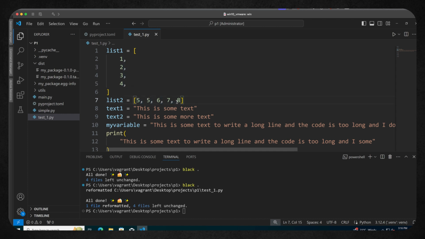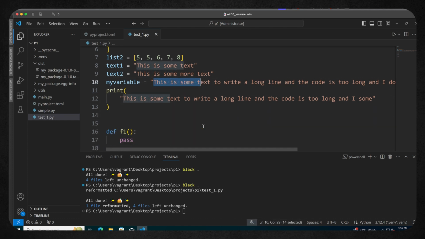Whereas list 2 didn't have the comma at the end, so it was maintained on one line. You can see our text now is organised with double quotes. There's nothing it could do about this long line assigned to the variable because it was just a single line of text, whereas where we included the line within the print statement, there was some adjustment that it could do.